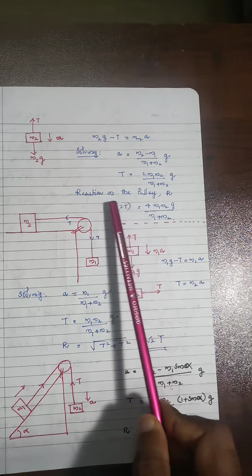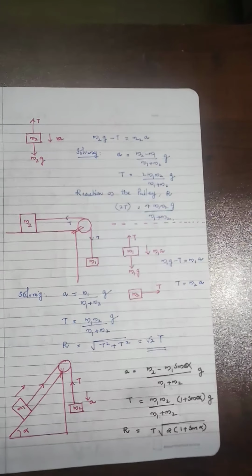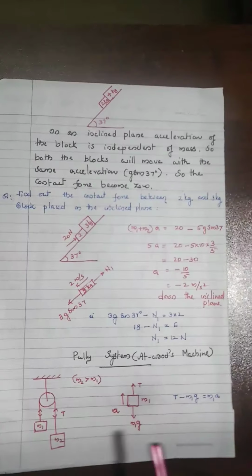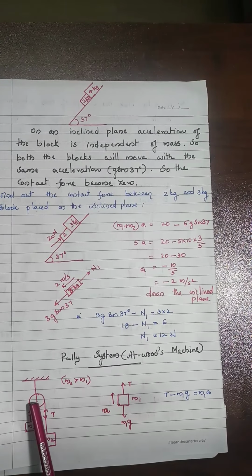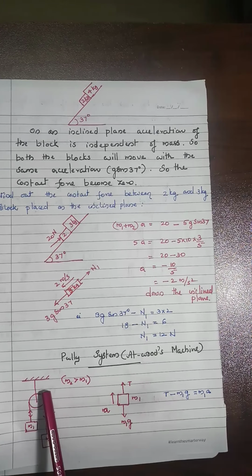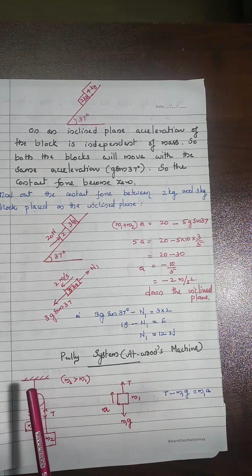See, another concept is there. What is the reaction on the pulley? So in the first case, again, look here. The two tensions are acting downward and hence the reaction on the pulley from that string is 2T. It is a very important concept. And here,